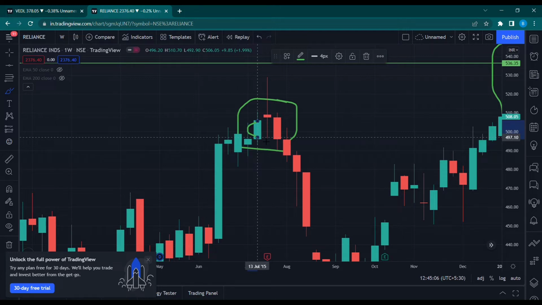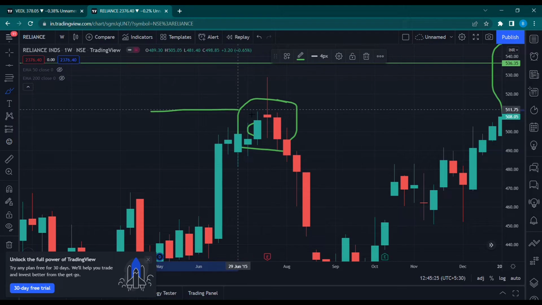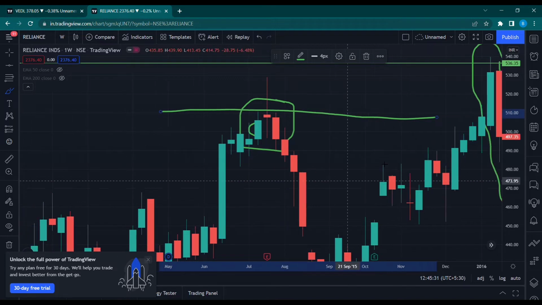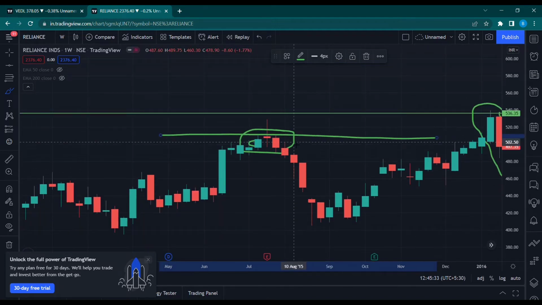So whenever we see a green candle, then a doji-like candle, and then a red candle, ideally the body of the red candle should be bigger than that of the green candle. This forms an evening star, and this is again a bearish pattern. If this is a resistance level and you see this forming, you can open a short side trade. And you see the move on the downside is a pretty good move. So this is the evening star.